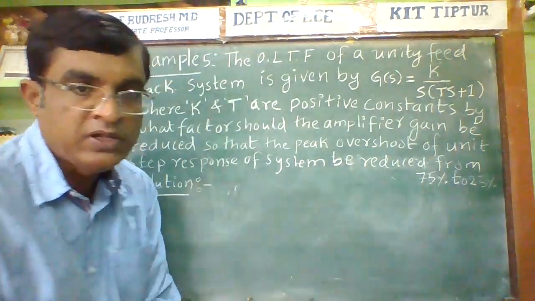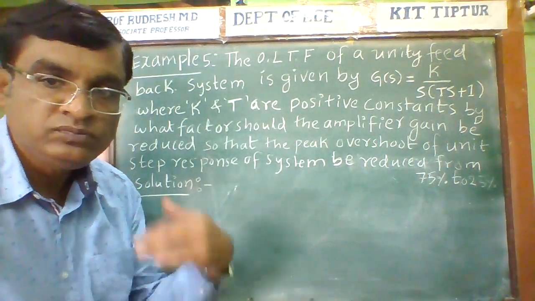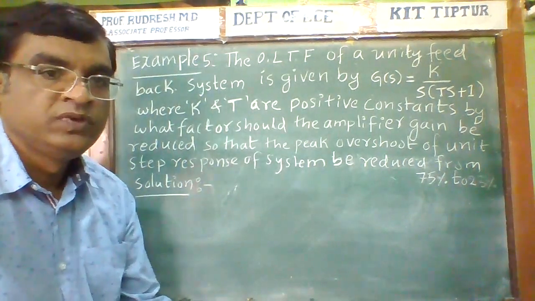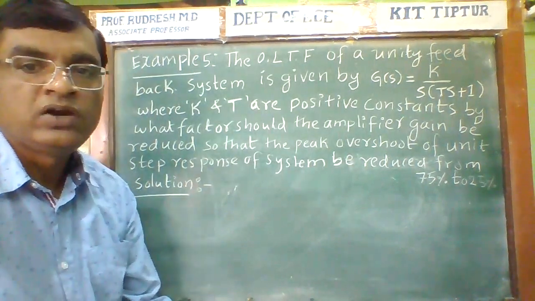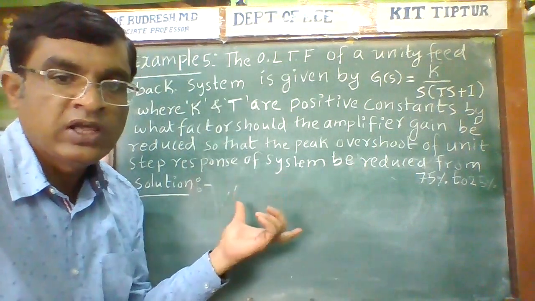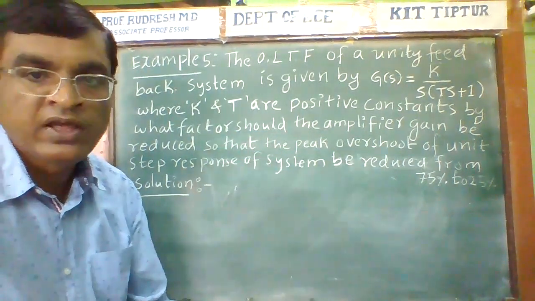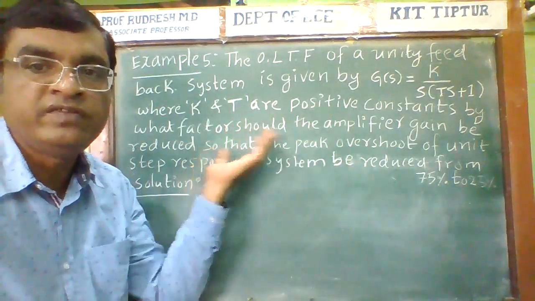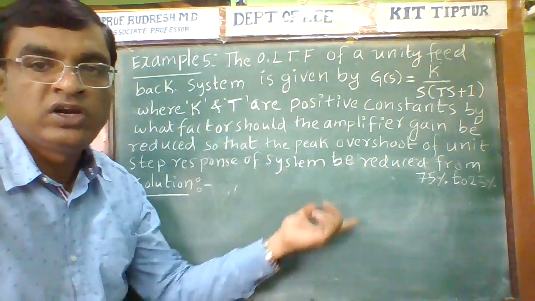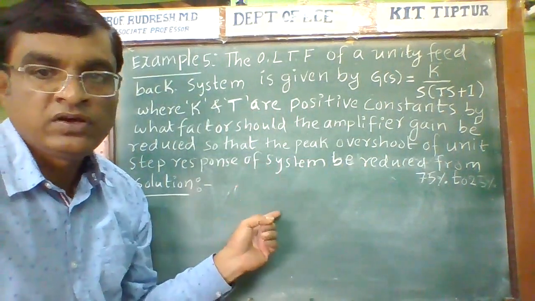In this particular example, G(s) was given and H(s) was also given. Now this G(s) is compared with the standard G(s) of the second order system to find the gain K, and we also need to calculate zeta, the damping ratio. Then we calculate the value of gain K. Similarly, if I want to change the gain K to a new value K1, then that equation G(s) is compared with the standard equation to find the gain,